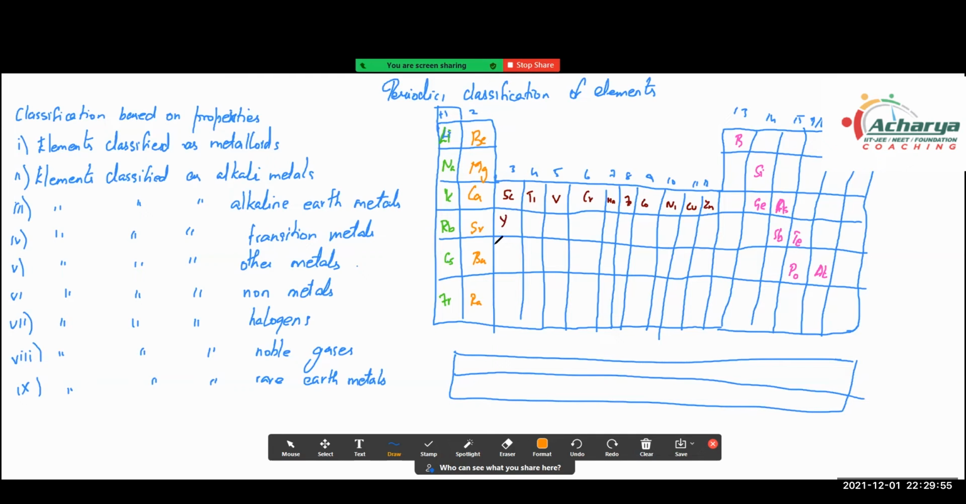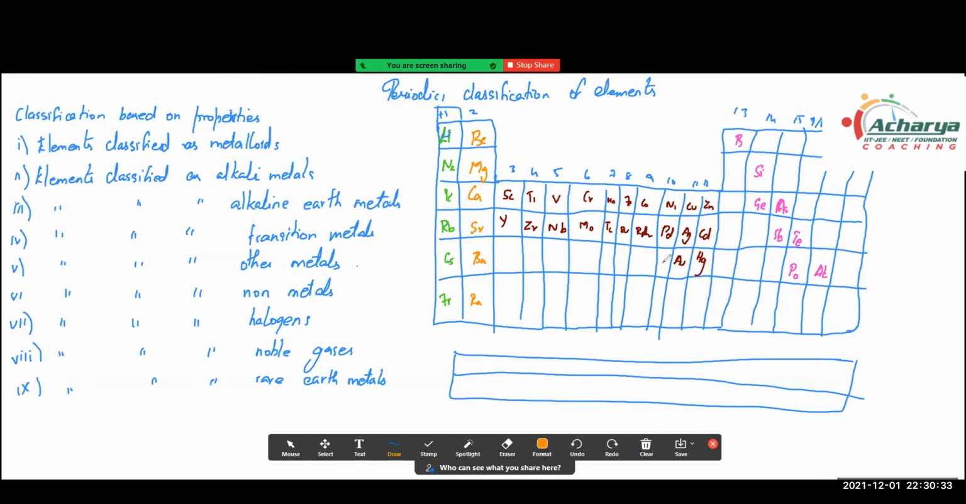And then below scandium, it is going to be yttrium, zirconium, niobium, molybdenum, technetium, ruthenium, rhodium. Sorry, rhodium is Rh. Rhodium, palladium, silver, and cadmium. Below cadmium, it is going to be mercury, and below silver, it is going to be